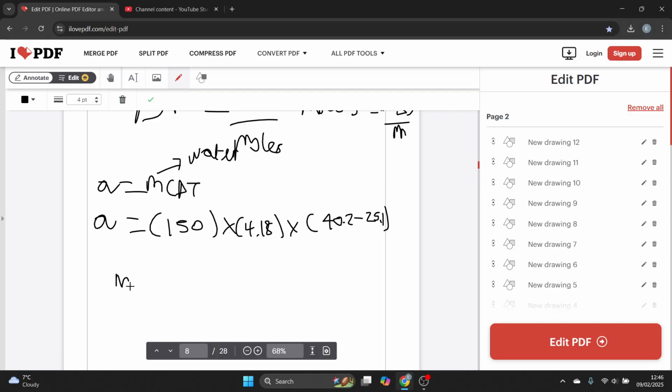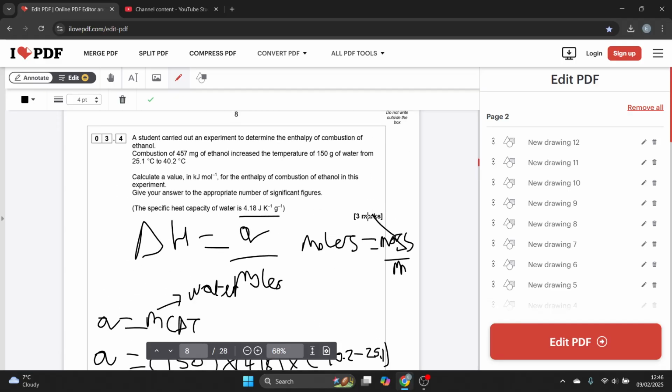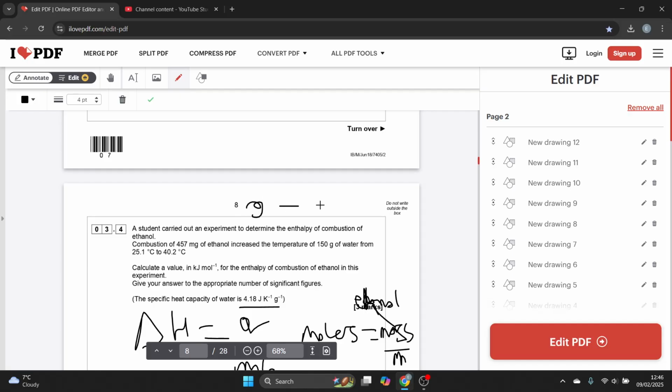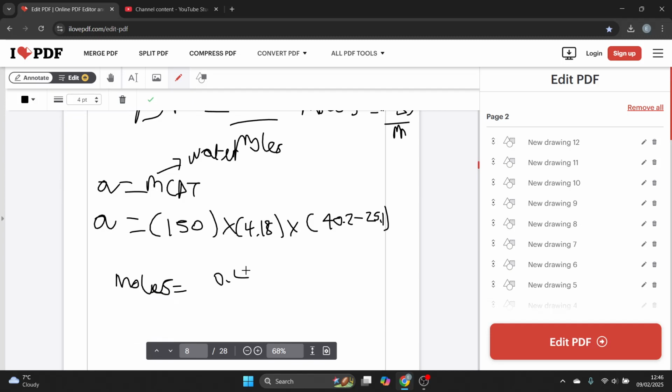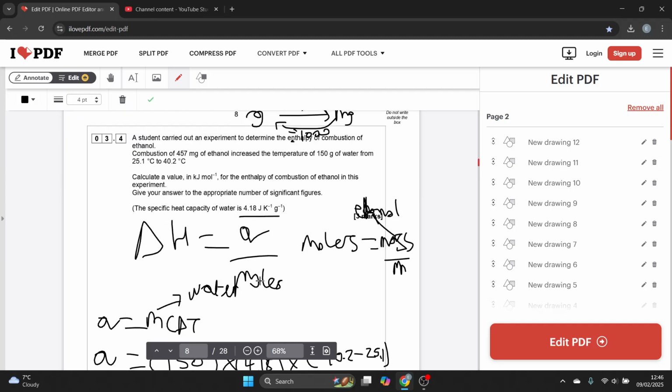Now the moles equals mass over Mr, but in this case the mass is of the ethanol. Obviously in grams, and I've got it in milligrams. To go from grams to milligrams, I times by 1,000, but I want to go from milligrams to grams, so I'm going to divide by 1,000. So it's going to be 0.457 over the Mr of ethanol,